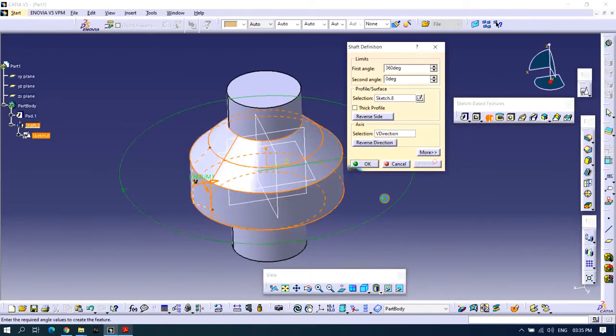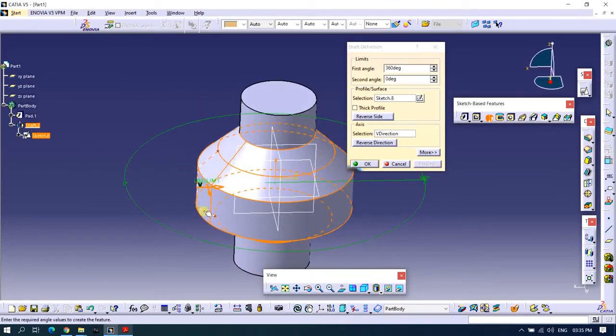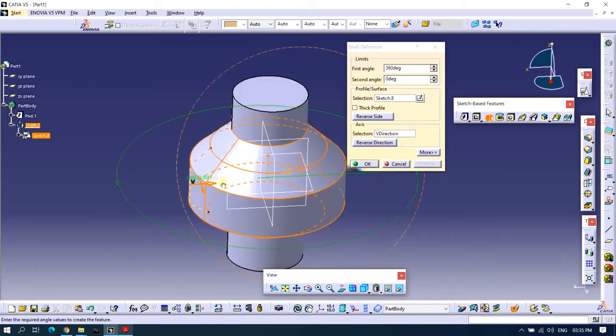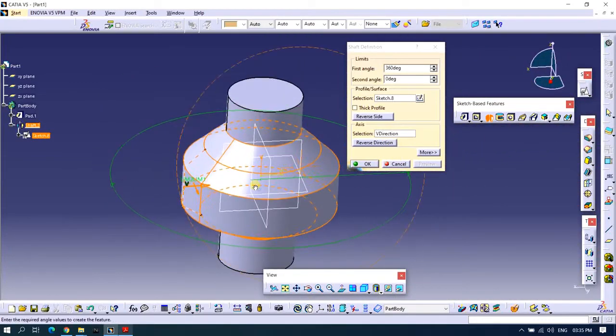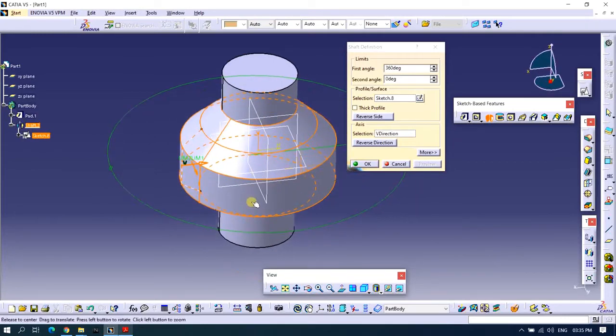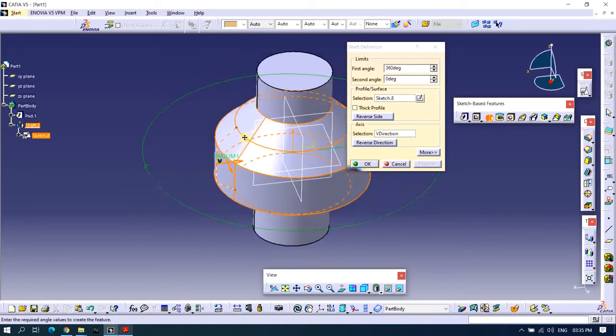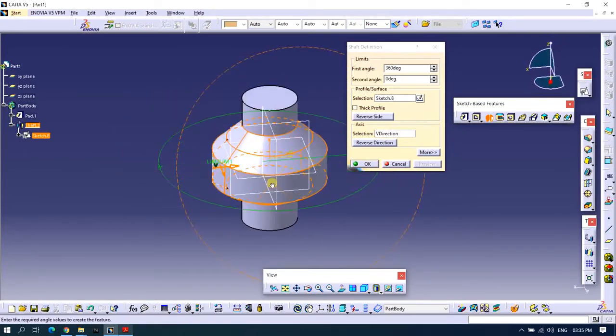So you can see here after preview, I had drawn only this much of the part of the sketch. But because we had already had one part body in the center, it has merged its ends and it has extended till the cylinder.